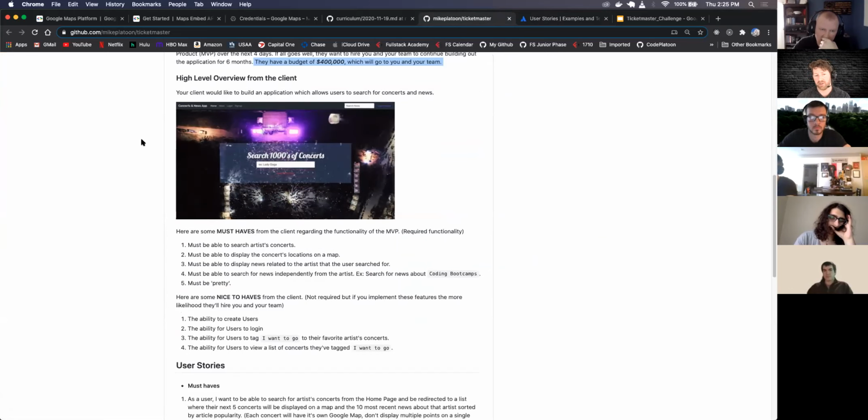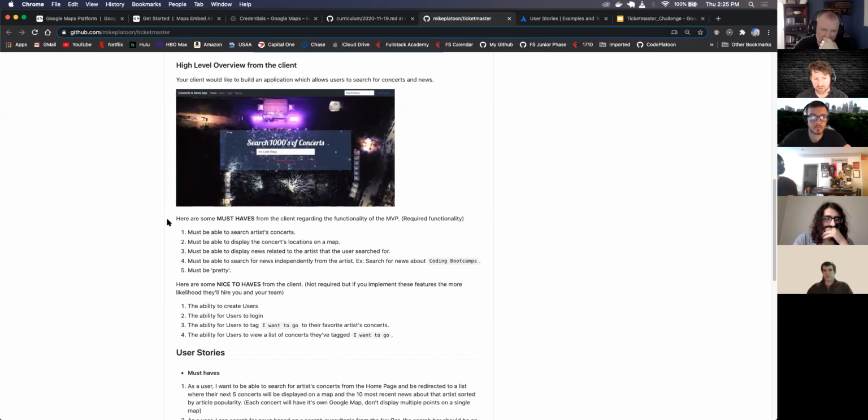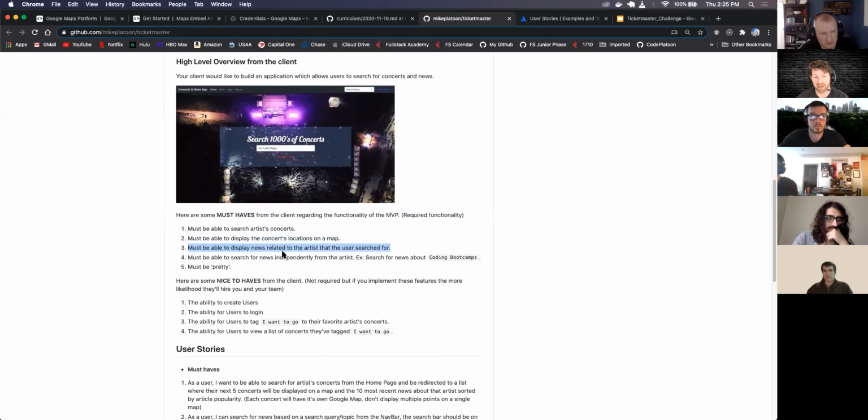So there are some must-haves for the project, and some nice-to-haves. Those are things that, if you have the time, you can continue to develop. So here are some must-haves from the client. Required functionality: a user must be able to search artists' concerts, must be able to display the concerts' locations on a map, and must be able to display the news related to the artist that the user searched for,